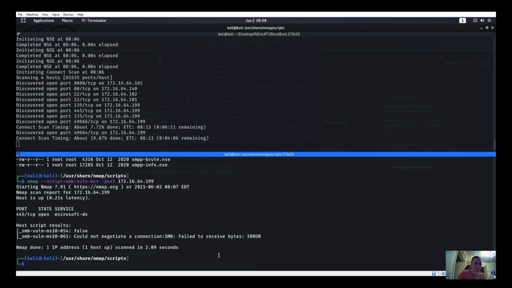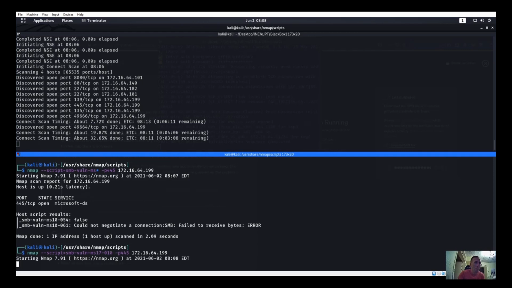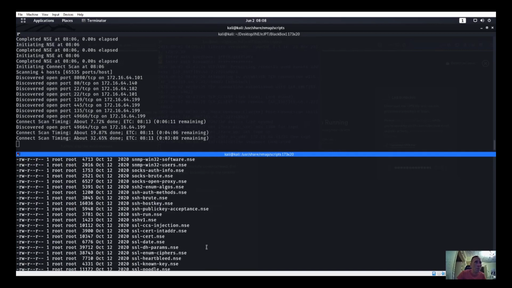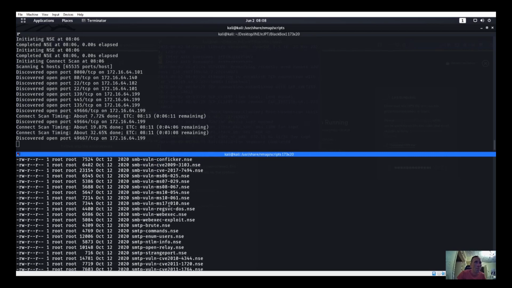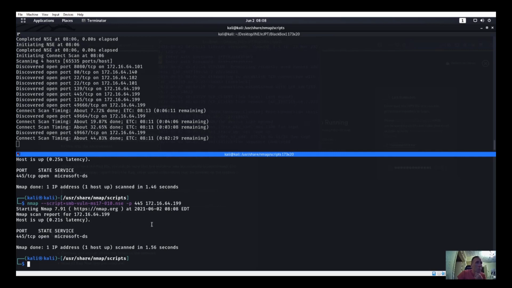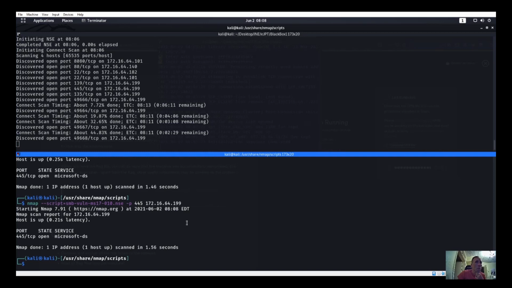Gonna do out of those two. Okay. 17. I don't know if that's even one of them. Didn't seem to like that star on there, so scroll back up. SMB vuln MS17-010. Yep. And script equals SMB vuln MS17-010.nse. Try that. Put space between those two. Doesn't seem like it's very vulnerable to it, does it? At least that's what it's showing right now. It says not vulnerable to it, but